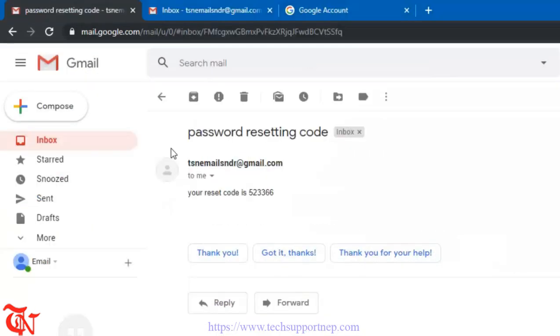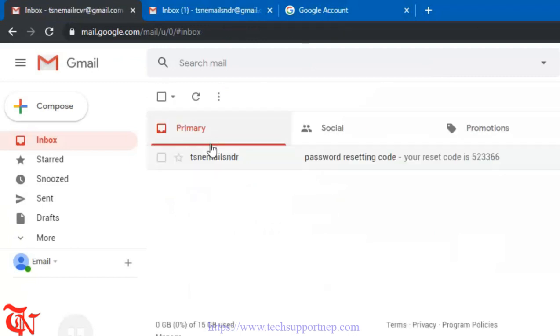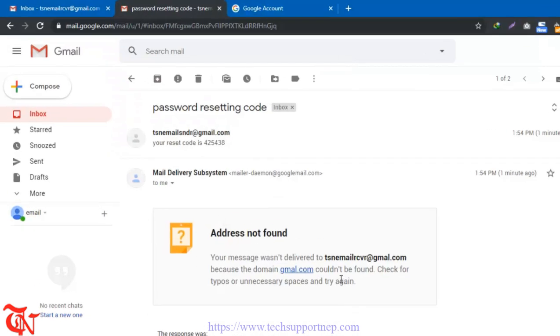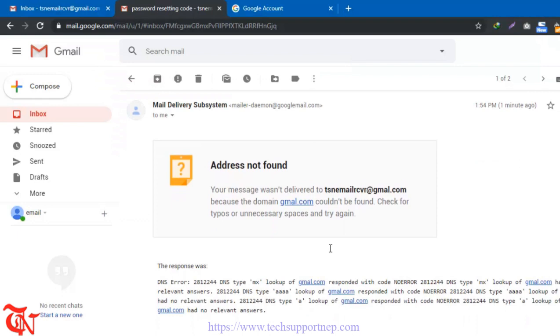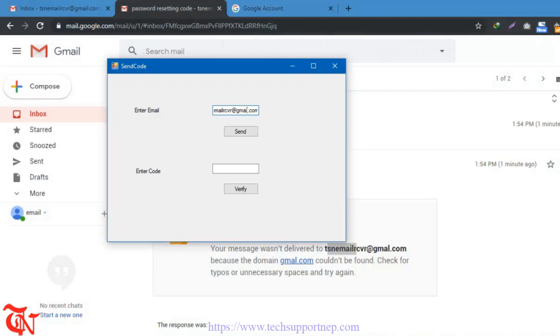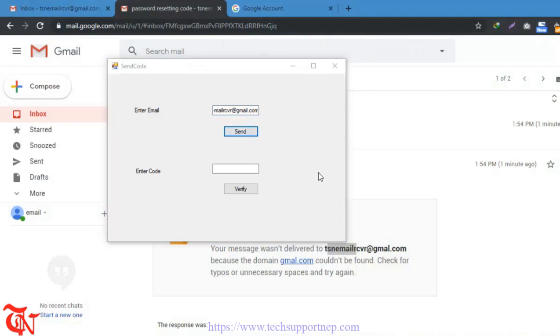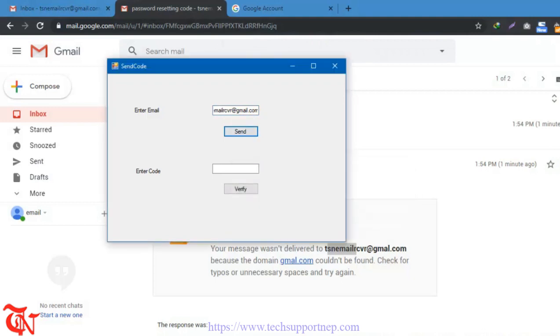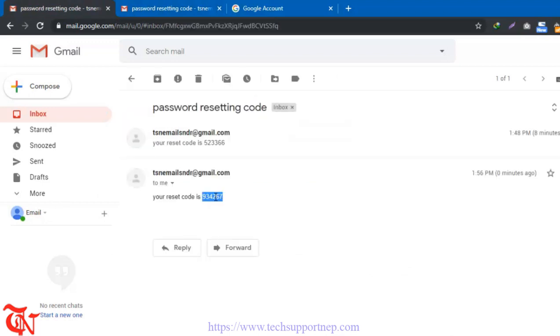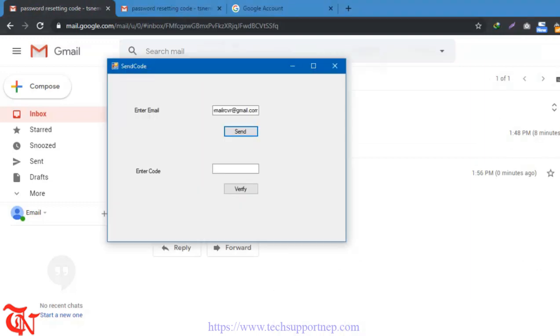Now let's check your email inbox. Here, if you do not enter the exact same email address, you may get this error: your message was not delivered to this one, because the domain gmail.com could not be found. So we need to enter the exact same email format. So I forgot to write I here. Click send, and the message should display this one. Now go to your email and refresh your email. There you go, we got a new code. Simply copy that